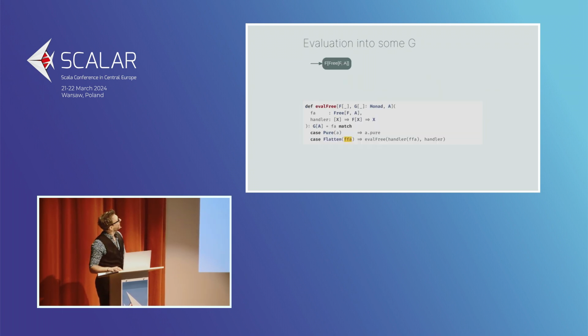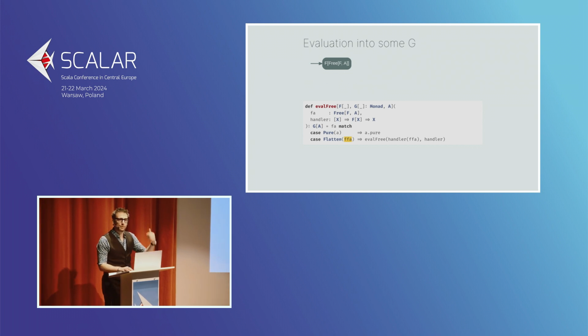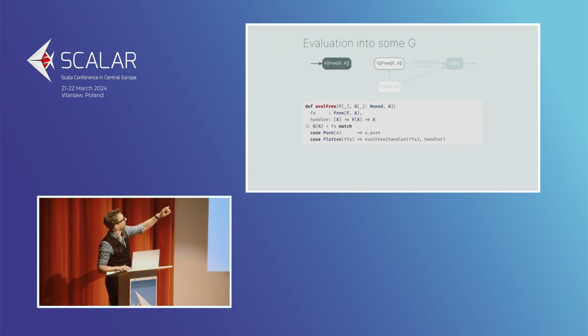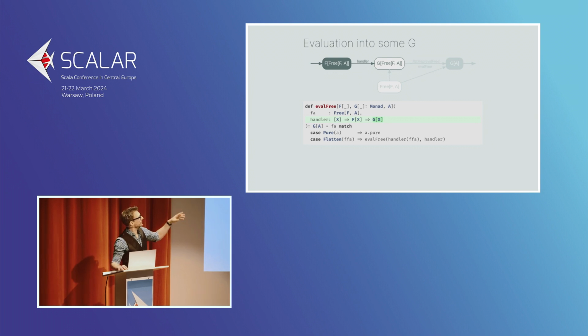So, and then we have that type. I can't pronounce it, so you just read it. We want to get to a J of A, and then, well, we have this thing that looks vaguely triangularly shaped. Obviously, that is equal to flatMap. So what we want to do is go from that to that. And if you call Free of F of A, just for fun, X, we want to go from an F of X to a J of X. So we just fix handler to that. And now we have the free monad over a functor, and we got it.